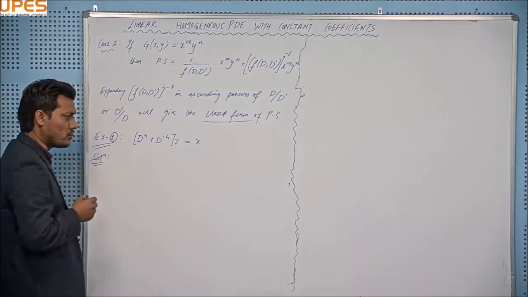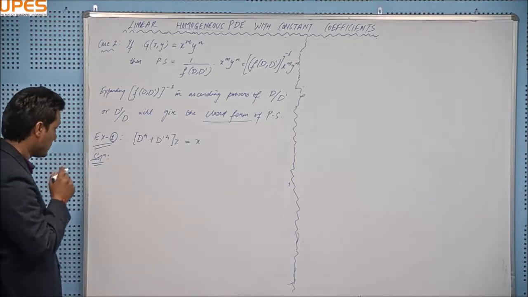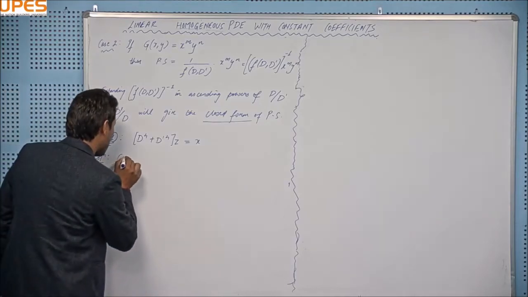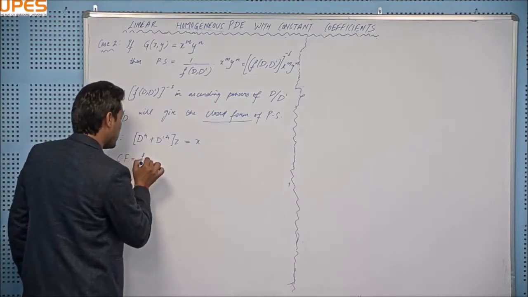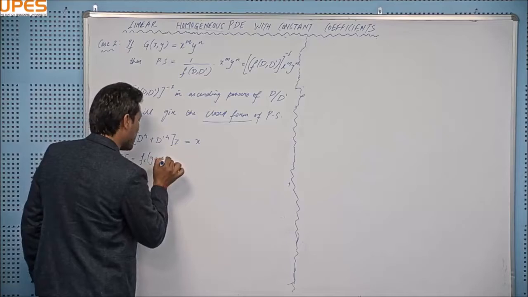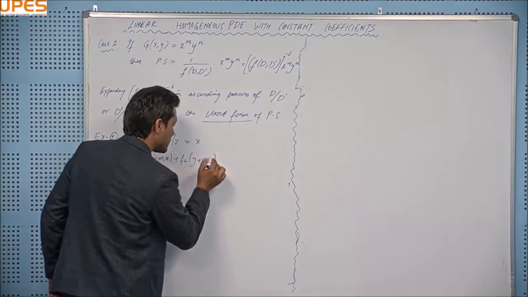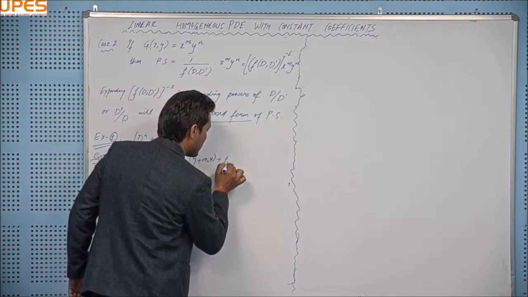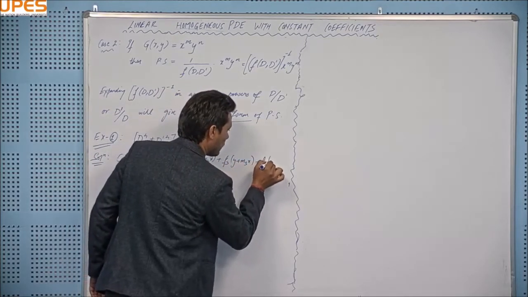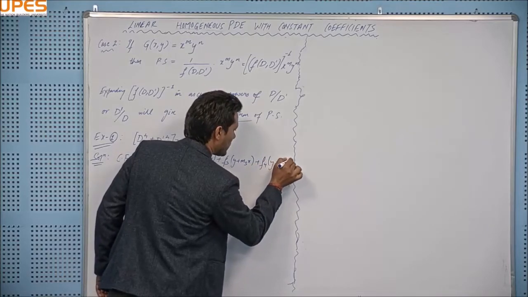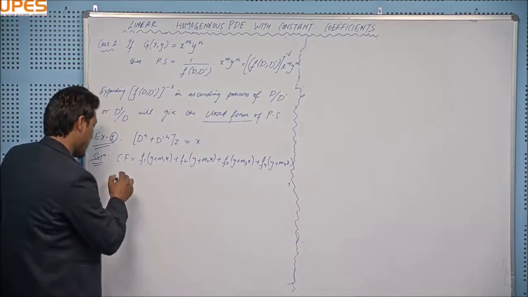Should I write the complementary function directly, because I did that in the last video. Then I am writing that CF directly. It was, I think, f1(y + m1x) + f2(y + m2x) + f3(y + m3x) + f4(y + m4x), where f1, f2, f3, f4 are arbitrary functions, and